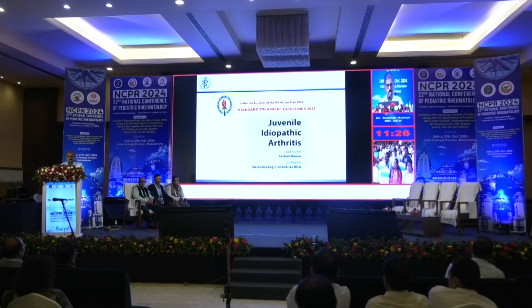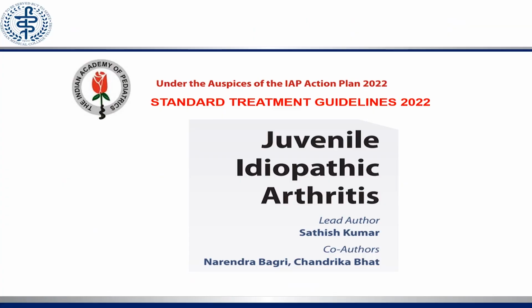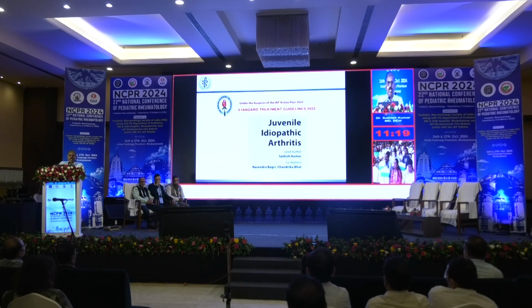Okay. So when you looked into the literature, and last time the Indian Academy of Pediatrics in 2022, all the guidelines say you have to start biologics and biosimilars very early, even the ACR, EULAR. They say that if you use systemic JIA, the first drug ACR recommends is IL-1 or IL-6, which cannot be possible in our country. So what can be the standard treatment guidelines for Indian children? Do you have to follow the Western data?